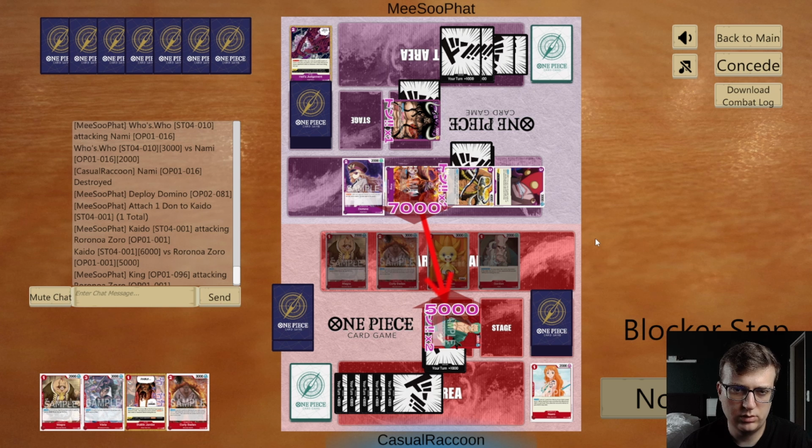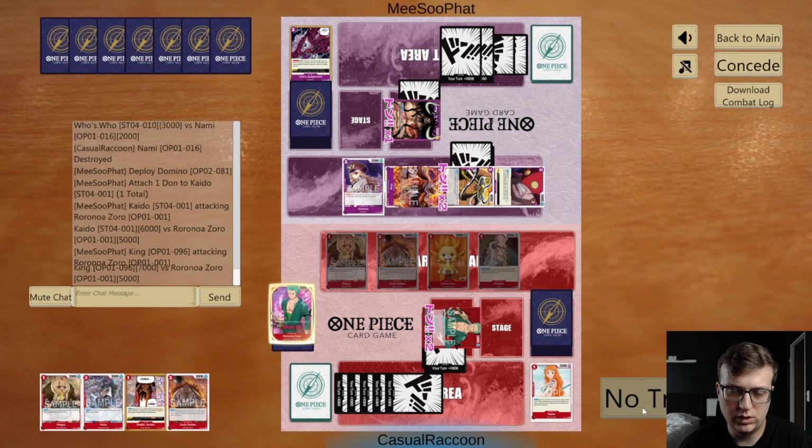We can either block it. Do we want to Vista? It's interesting here. We have a lot of swings next turn. We can block, but then we don't have anything for the following turn, and they have 2 Dons open. It's interesting. What's more important? I would say we take it here,